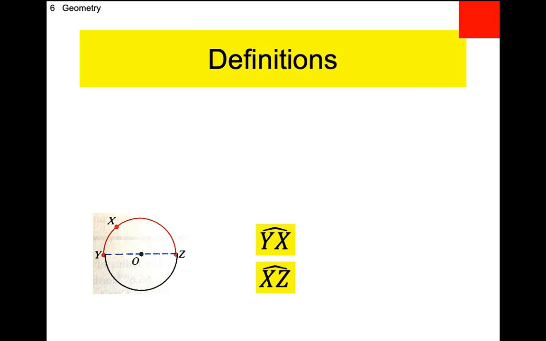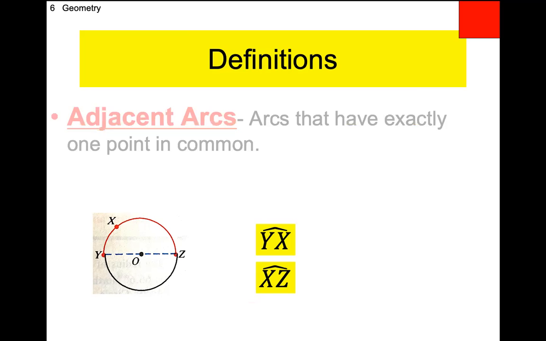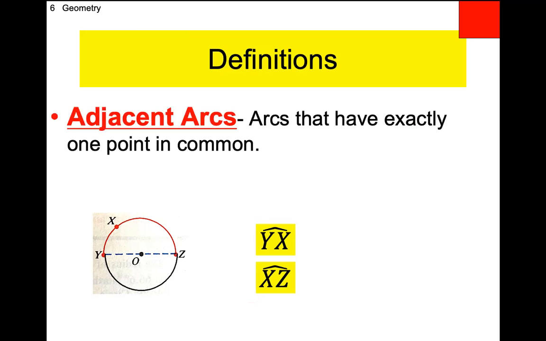Postulate 2 is 7. If I told you what yx is, and I told you what xz is, could you calculate yz? So guess what this one's going to be called? Postulate 2 is called the ruler postulate, and postulate 4 was called the protractor postulate. This is postulate, I don't know what number we're on, I think it's 16. This one is going to be called the adjacent arc. Okay. Adjacent arcs